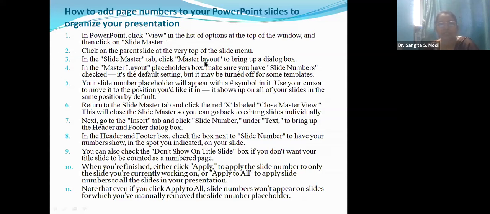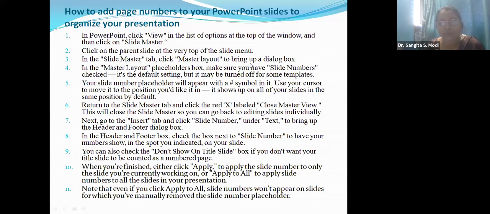You might know what this master layout means: whenever you are taking any slide layout, at that time you can choose the master layout. So the first slide will be different from others. Its layout is different from the others, so that's why you can choose it from the Slide Master tab.